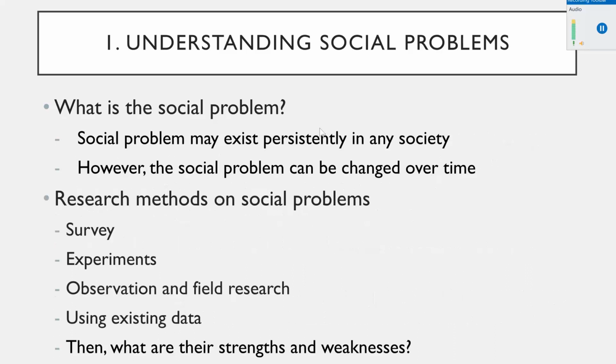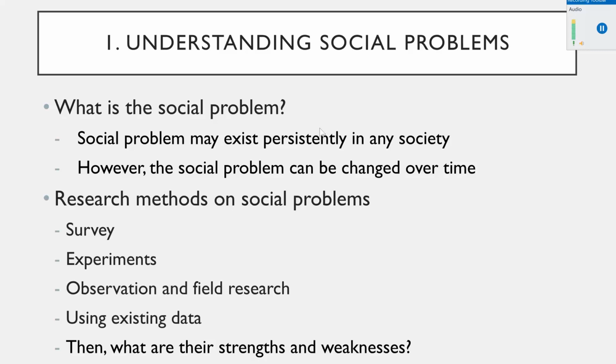Social problems are very persistent in any society, but they can change over time. Even though we have the same types of social problems such as crime or domestic violence, domestic violence in ancient society or the colonial period of the US and in the recent period would be very different, because domestic violence was not a big social problem many years ago, but these days